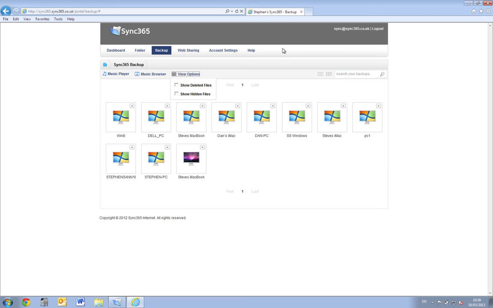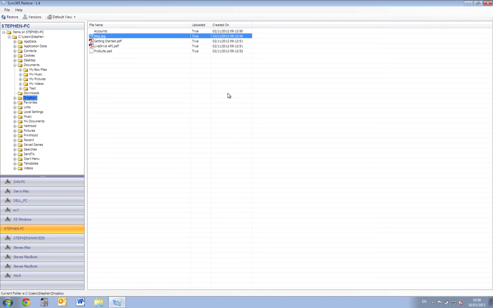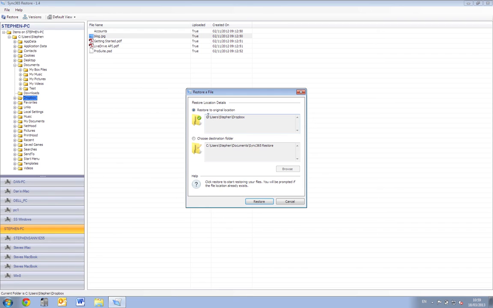You can even see hidden files if you need to, and that's what basically you can do within the restore software. We've got a restore view and we've got a show deleted items view, so you could even restore something you've deleted. It is that good. So that's basically it. So we can restore an individual file, and it's telling me it wants to restore to the current location, okay,